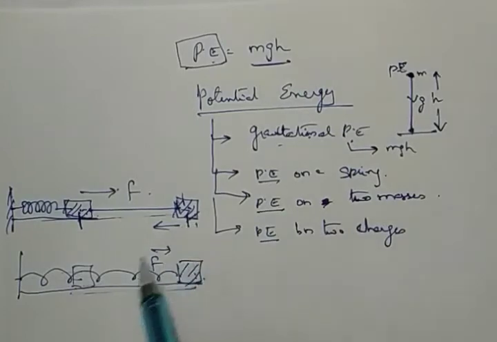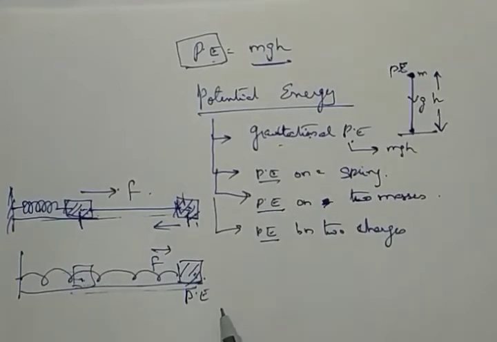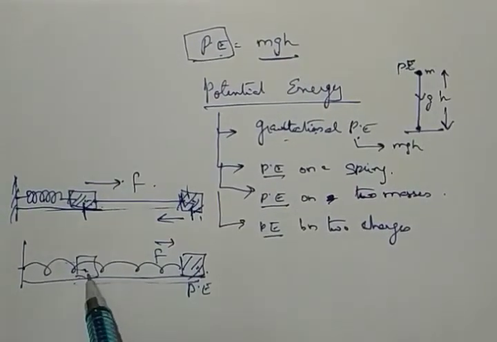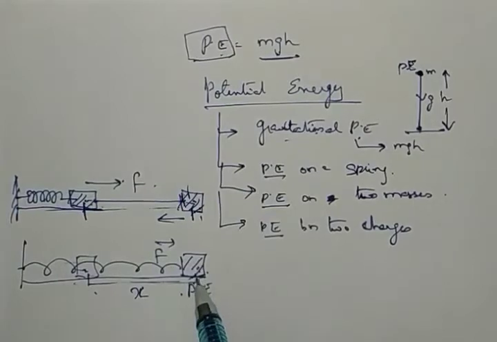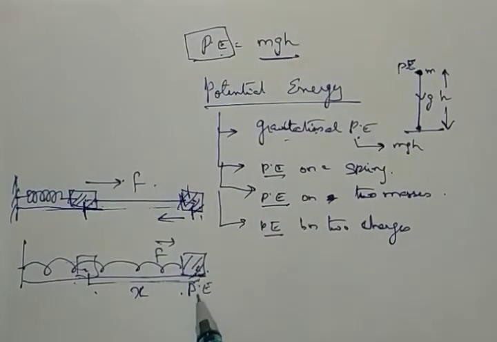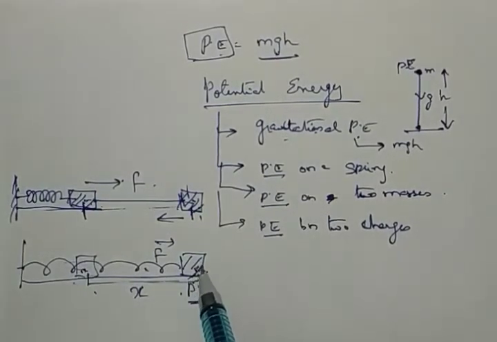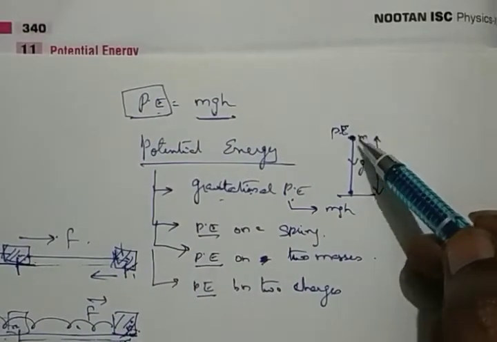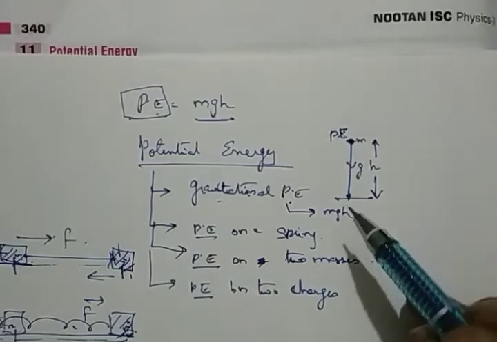This position where the body is lying is stored as potential energy, because you have to do some work to bring it to this position, for a distance x. So here the body has an energy which is stored, called the potential energy of the spring. You leave this one, it will go back. Similarly, a body above the ground has energy stored in this position. You leave this body, it just goes straight back.